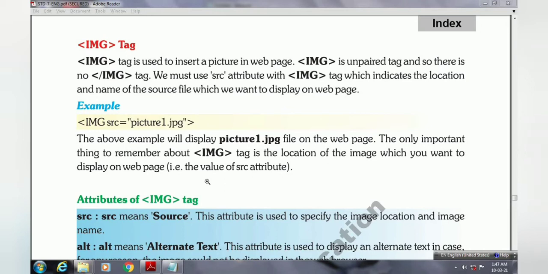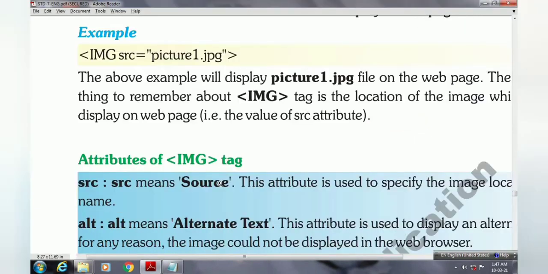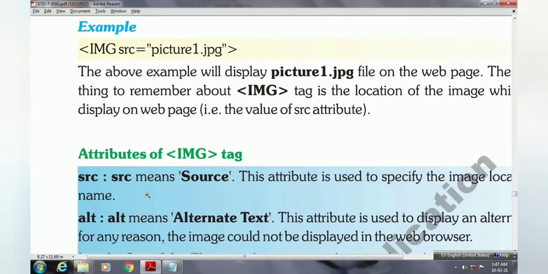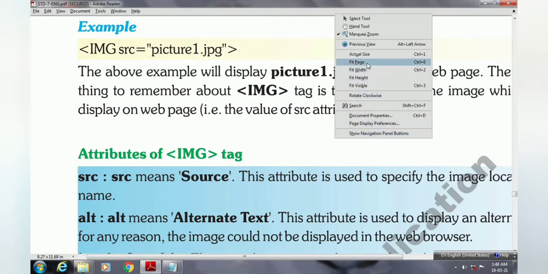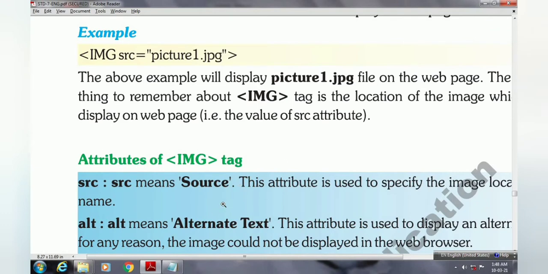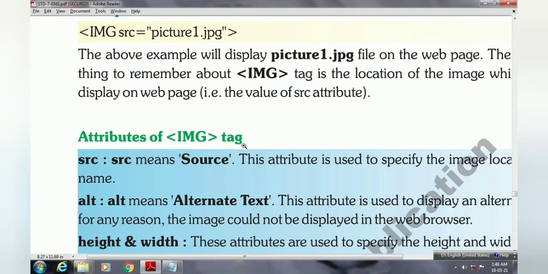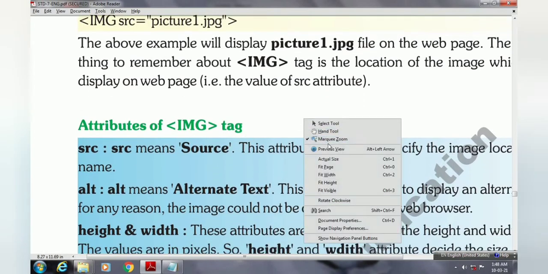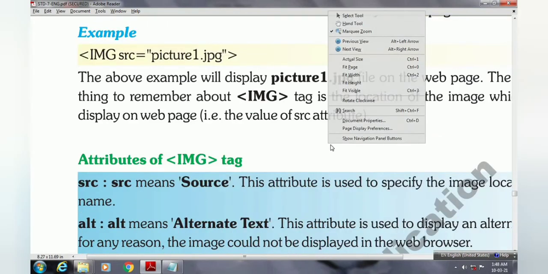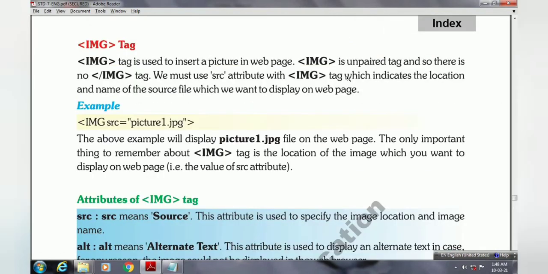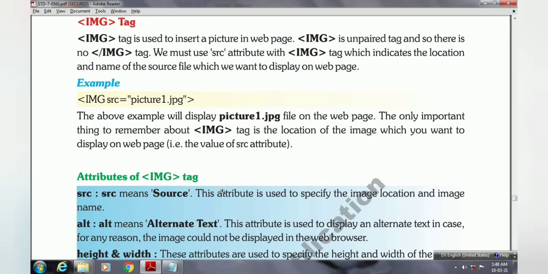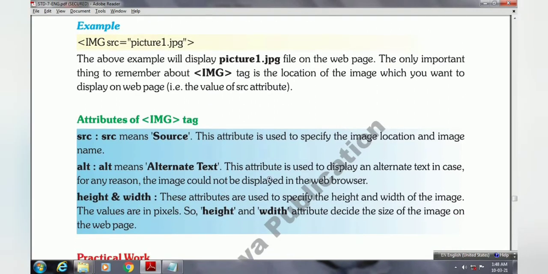Now we will discuss some attributes that we can use along with the image tag. The first one is the SRC attribute. SRC means source, and this attribute is used to specify the location of our image. Then next is the ALT attribute. This ALT attribute is used to specify the alternate text in case the browser does not support your image.